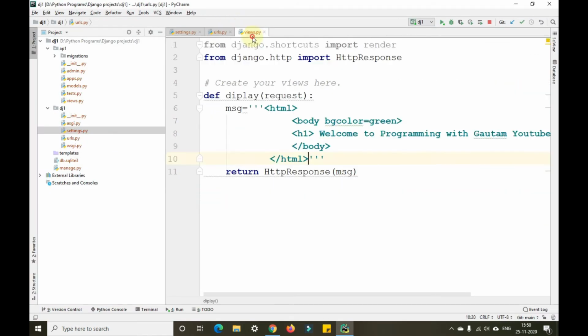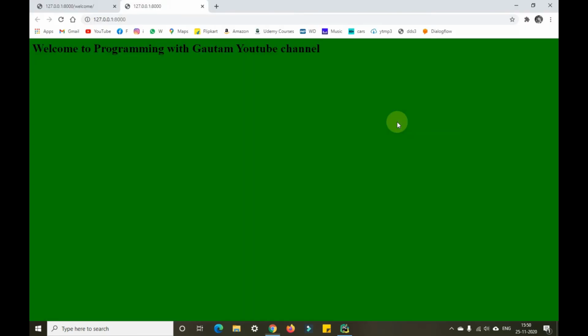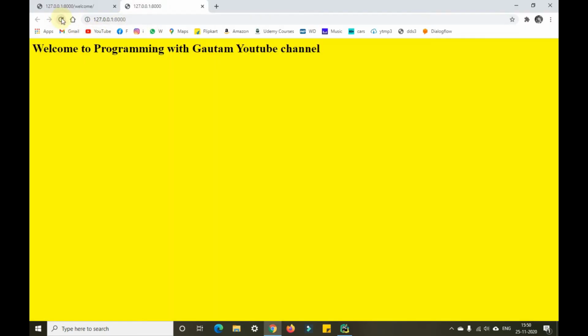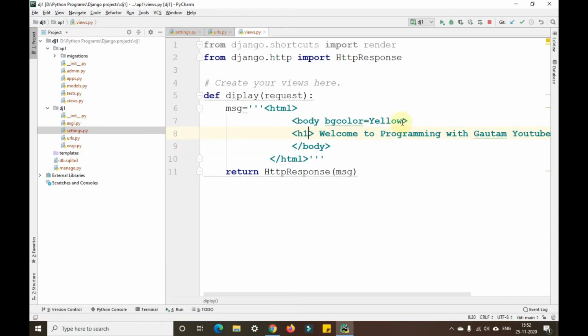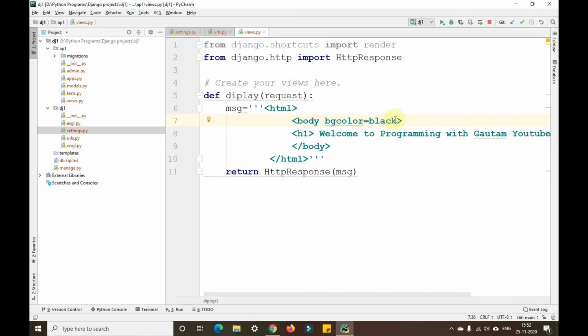So we can also change the background color here. We can change it to yellow. We can change the color again to some random color, black, and just refresh it. So nothing is visible, but we have text here. When I try to select it, you can see the text here.